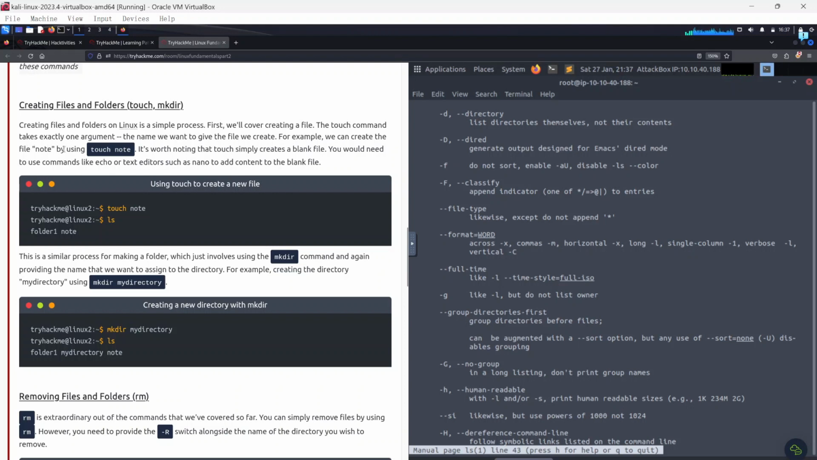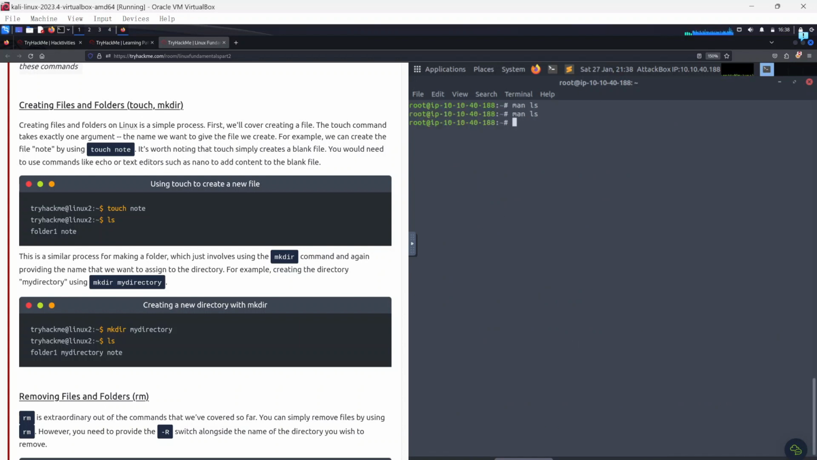The touch command takes exactly one argument, the name we want to give the file we create. For example, we can create the file note by using touch note. It's worth noting that touch simply creates a blank file. We would need to use commands like echo or text editors such as nano or vim to add contents to this blank file. Okay, so touch note, ls, there's the note, but there's nothing in it. And we clear here with Control L,